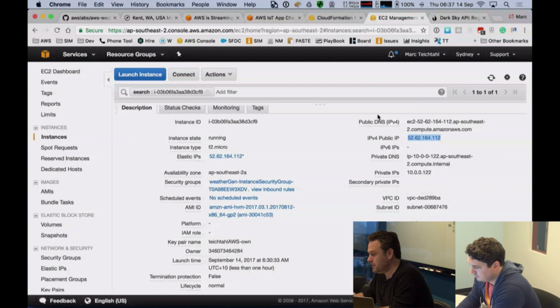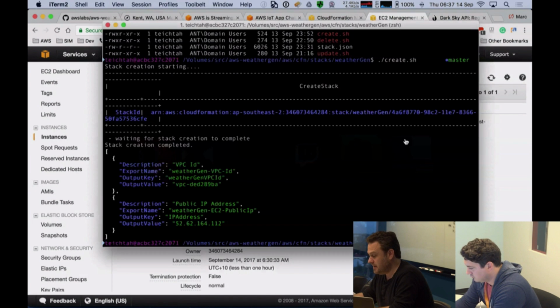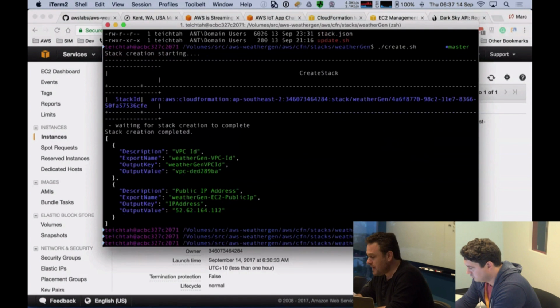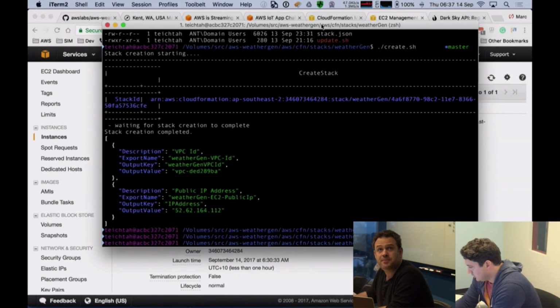What I'm going to do is jump onto that EC2 instance. I've got a public IP address over here. I've just done a copy and paste. So I'm going to go back into my Geek Out screen, and I'm going to SSH into that instance. So that's a secure shell, pretty stock standard.